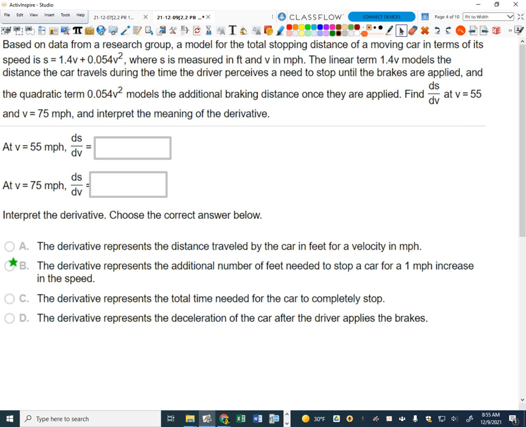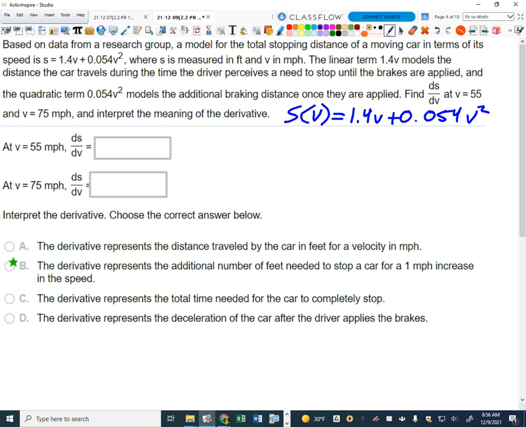Really what we probably should do with that, is there a better way to write that? How should we probably write that? Instead of S, we should probably write that as S of V. Yeah, everybody see that? We might as well take advantage of the fact that we can write this as a function, which tells us every time what's the input, and when we use that function notation, we can evaluate, like calculate S of 10 or S of 3, or whatever my input is, okay? So we want to probably always rewrite that as S of V equals 1.4 V plus